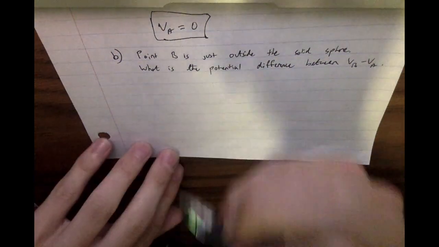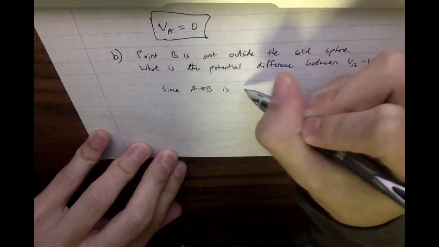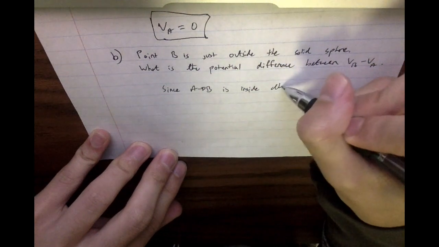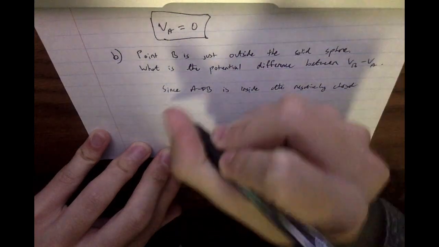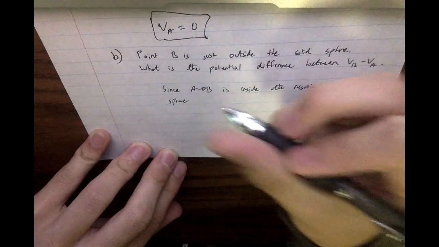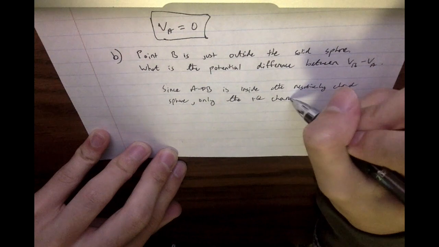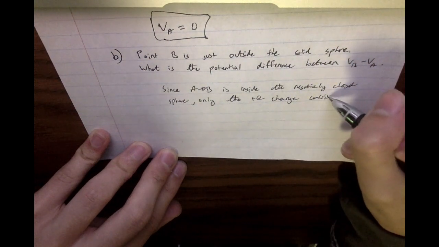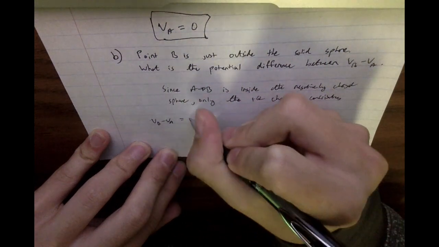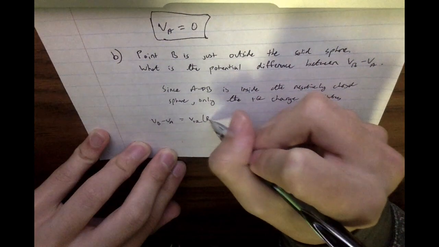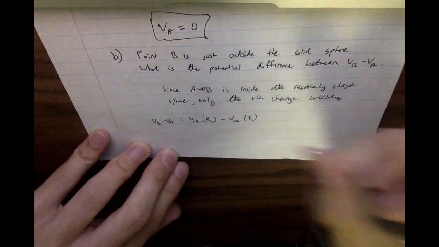But we know that, since A to B is inside the negatively charged sphere, only the positive Q charge contributes. So that means that VB minus VA equals